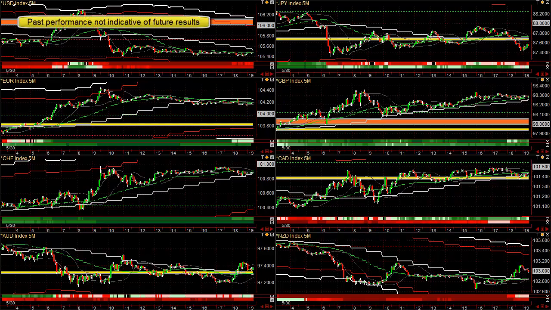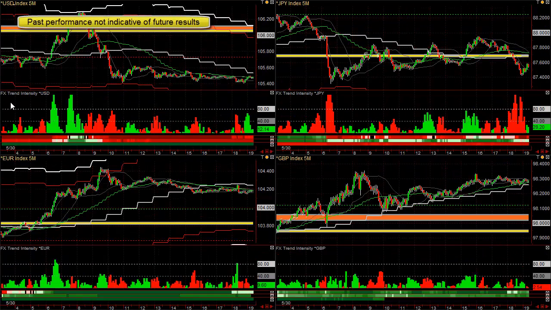This is our Forex blog for May 30th, 2013, and these are our currency indexes. What we've done is compare all the dollar pairs to each other and create a chart that shows what the dollar is doing, what the euro is doing, what the Australian and New Zealand are doing. For the last 7 or 8 years, we basically focused on having currency meters that showed you statistically what